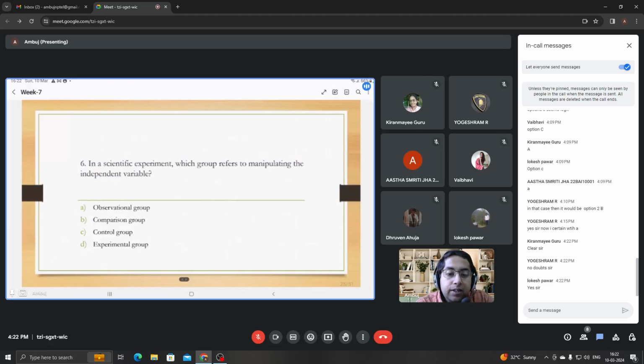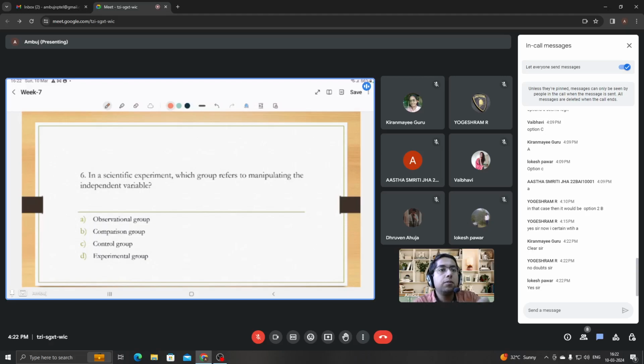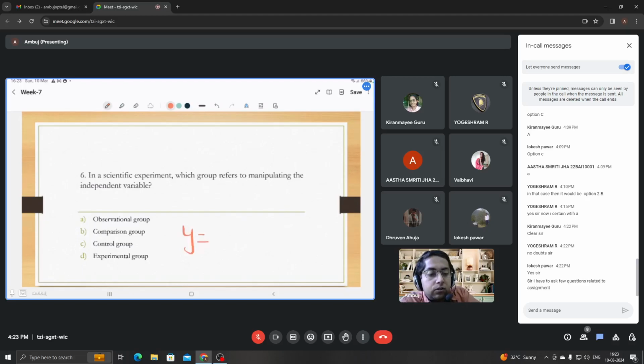Sixth question for the day. In a scientific experiment, which group refers to manipulating the independent variable? Let me first explain what an independent variable is and what a dependent variable is. Please have patience before answering. I want you to answer it logically. Then you can tell me what logic you have applied. In this way, your learning would be maximum. See, y is a function of